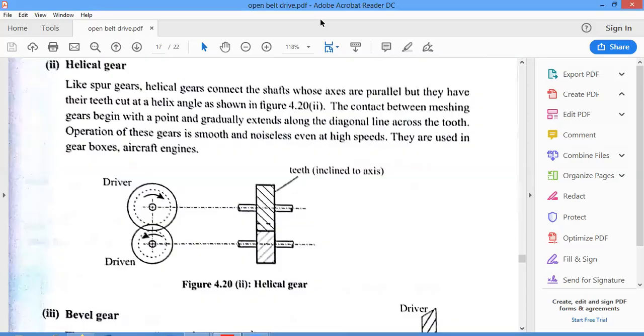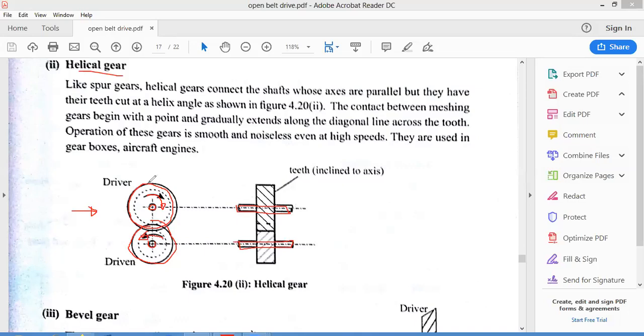There is another type of gear, which is called the helical gear. In a helical gear, what is going to happen? Looking from the side, once again, there is a driver and a driven gear, both meshing with each other, one gear on each shaft. If this gear rotates clockwise, the other gear rotates in the opposite direction. Now when you look from this end, how does the helical gear look? We can now see the shaft from the other view, and this is the driven shaft.